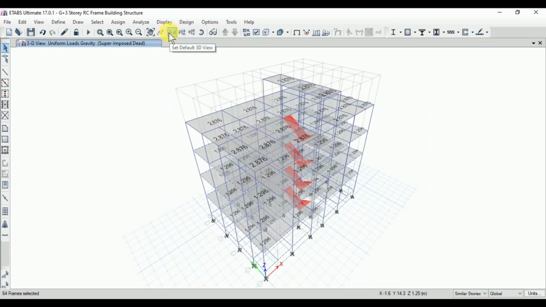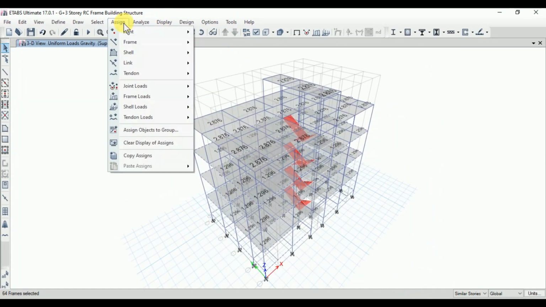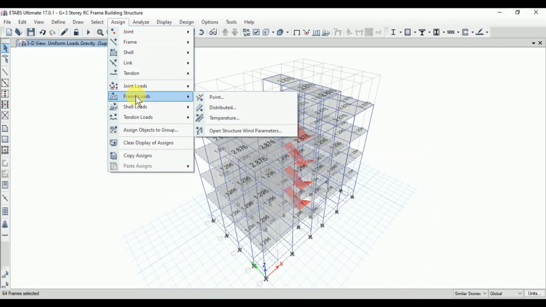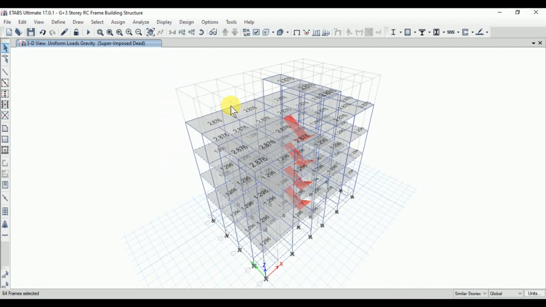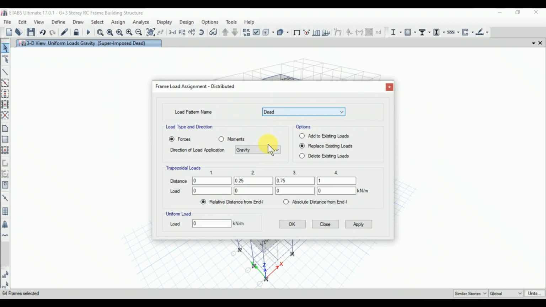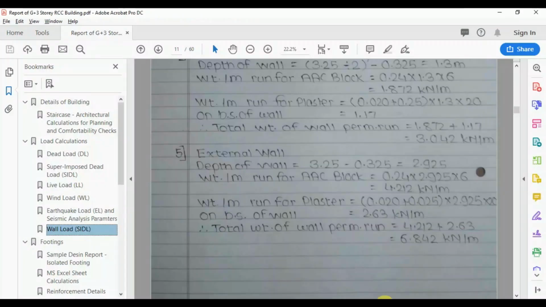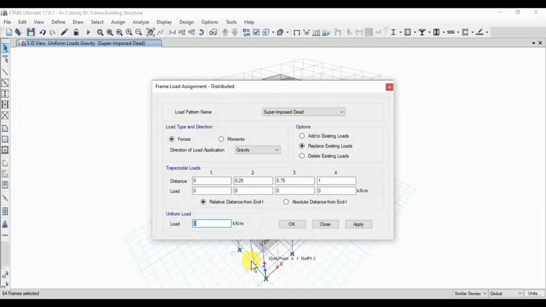So here you can see, go to assign. Now click on frame loads and click on distributed. So here we have the options available. Go to superimposed dead load, direction of load is gravity, and for the uniform load, here we need to enter the value for the external wall, which is 6.842 kilonewton per meter. 6.842.